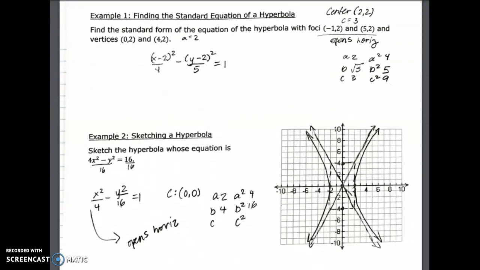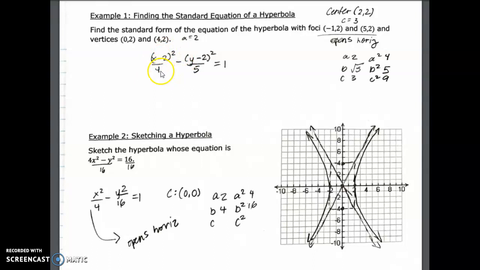All right, so if you take a look at the first problem here, we're asked to write the standard form of the equation of the hyperbola with foci at (-1, 2) and (5, 2), and vertices at (0, 2) and (4, 2). So this gives us a lot of information. One, it tells us the direction that we're opening, because as you can see, the x's are the value that is changing, not the y's. So this tells us that this is a horizontally opening hyperbola,